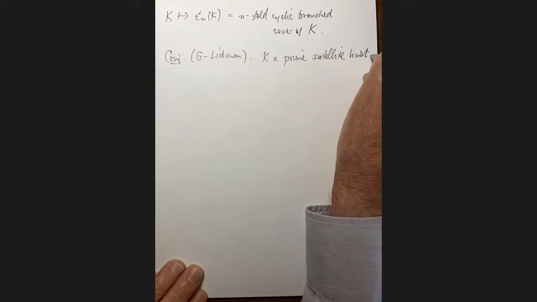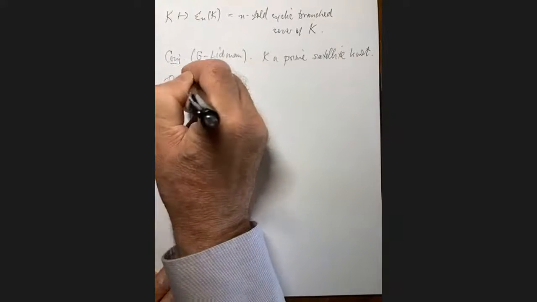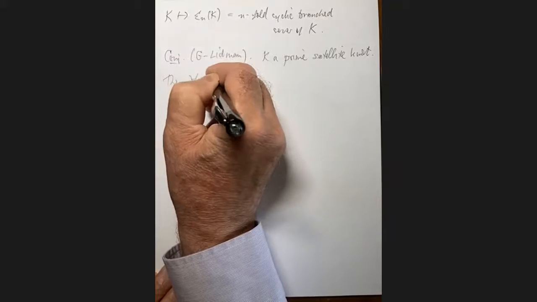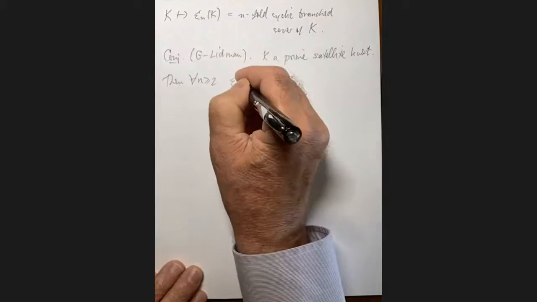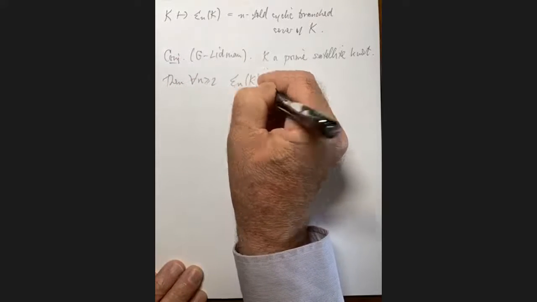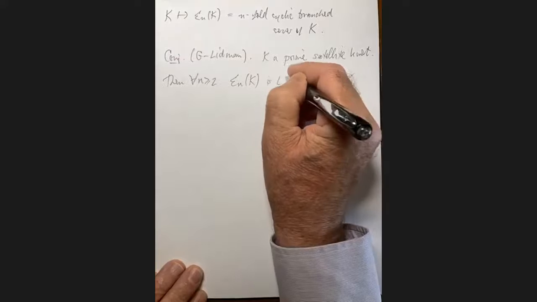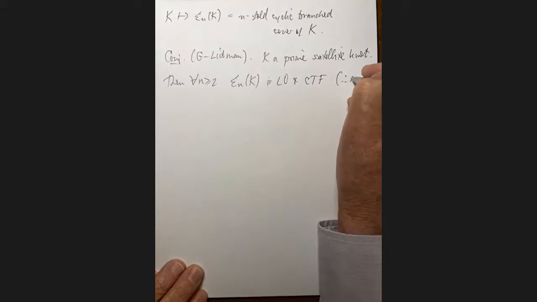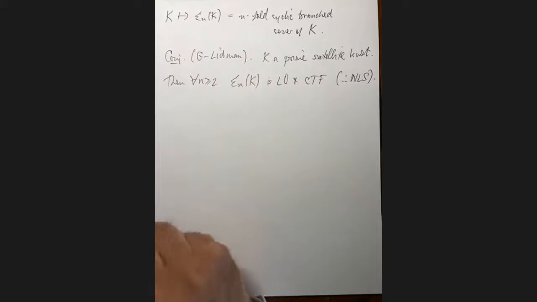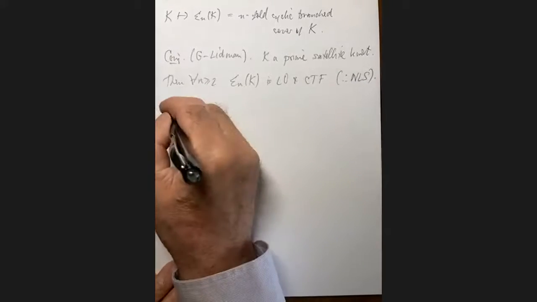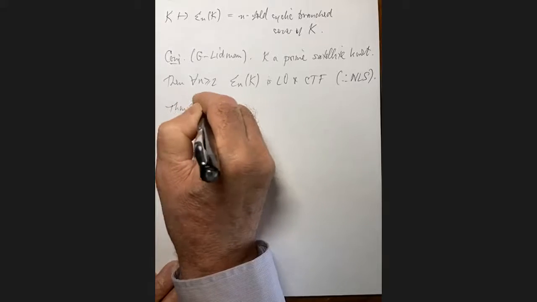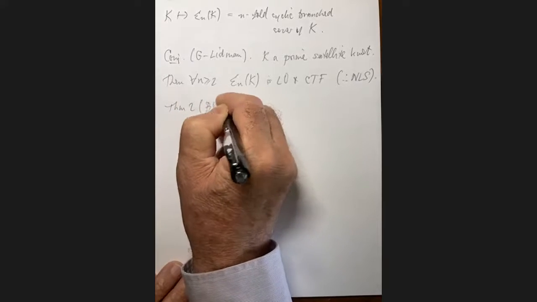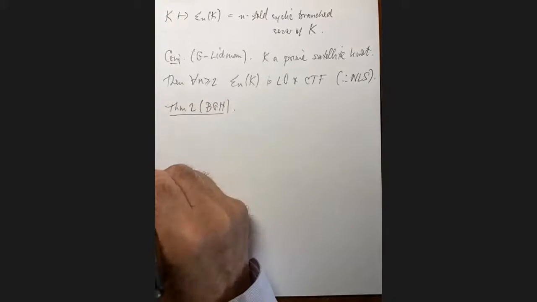then in fact all the n-fold cyclic branch covers, for n at least 2, should have all these three properties. So it should be, let's say, LO and CTF. And because it's CTF, it therefore would be NLS. So that's what one would expect. So this is the context of the second theorem that I want to state. Again, this is joint work with Steve and Ying.